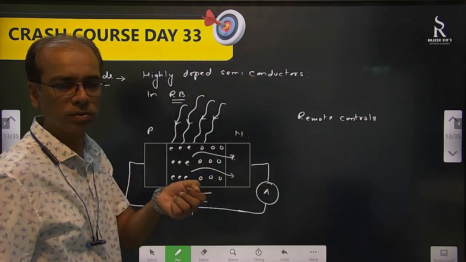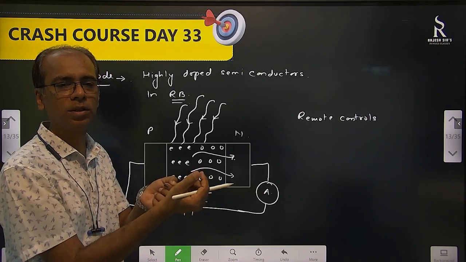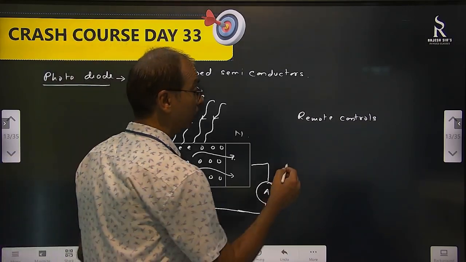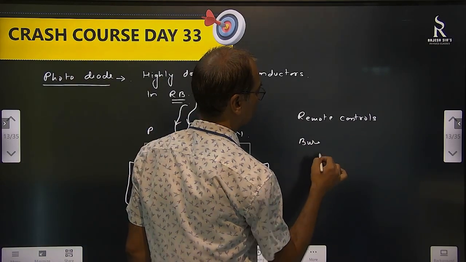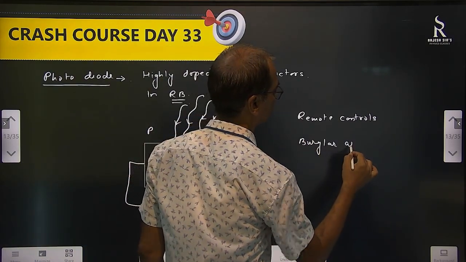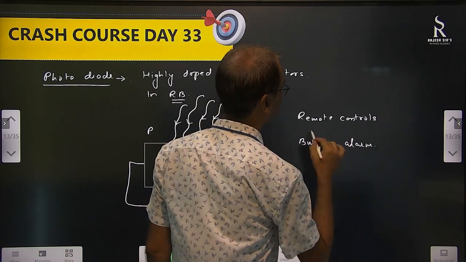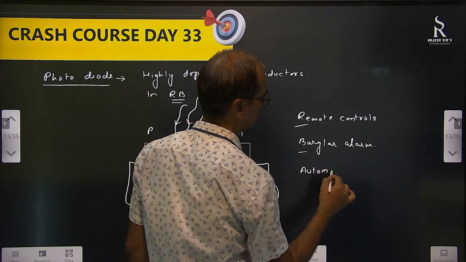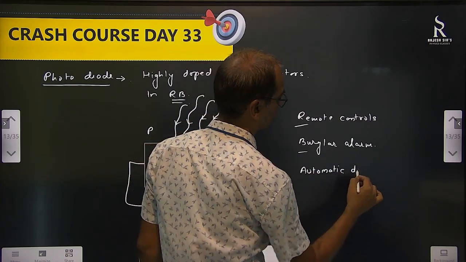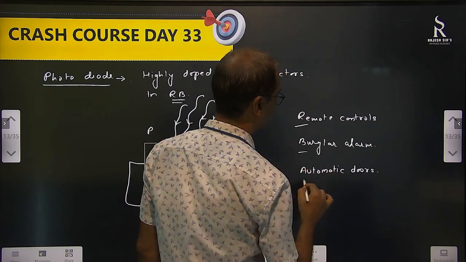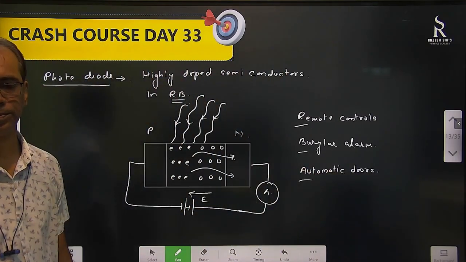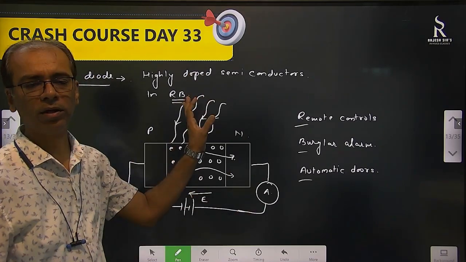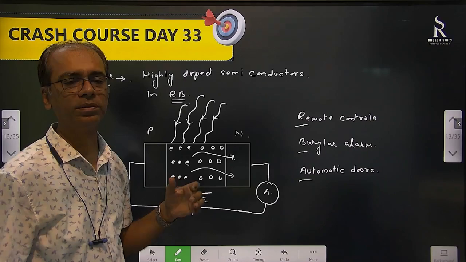Now, whenever you switch on, immediately what will happen? You can see the bulb is glowing, right? Remote control. Burglar alarm. Automatic doors. And these photodiodes are used like this: when light is falling, you'll get the current. Suddenly, if it is not there, current will not be there. If somebody is coming in the path,